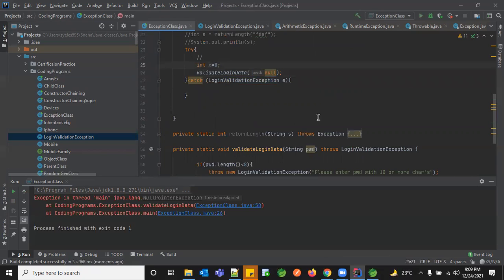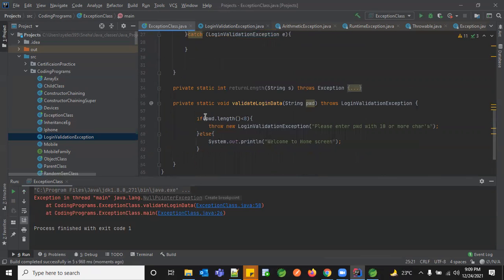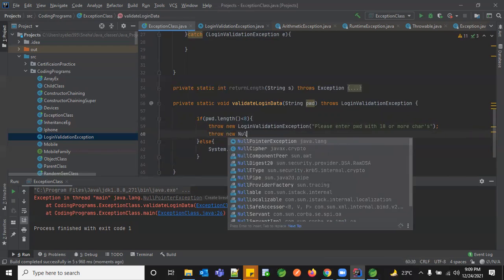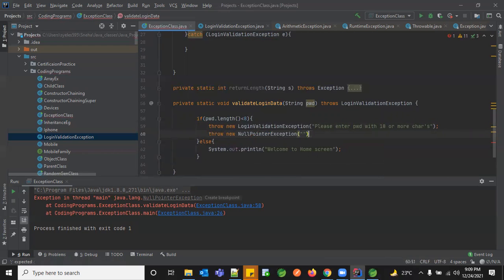What happened? We didn't handle this null pointer exception anywhere. So I was just handling only the length part. So now let me try to have here throw new null pointer exception, data is empty. Okay. What is the error you're getting here?